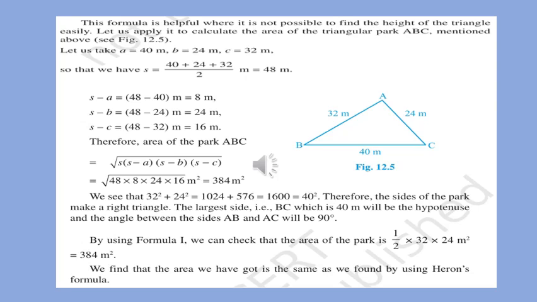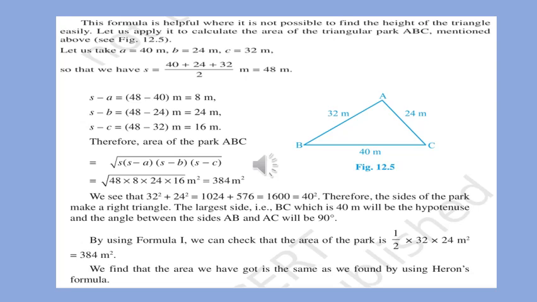equals 384. Dear students, this square root you can find out by prime factorization. You have already studied in standard 8th how to find the square root by the prime factorization method. So here you only have to find the prime factors and take out the common numbers through the square root sign. You will get the answer 384.